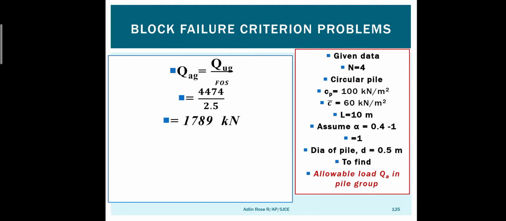So the step-by-step procedure is, first we solve by the static formula and multiply with the number of piles. The static formula is for an individual pile, so for the individual pile we find it and multiply by the total number of piles. We get the pile group capacity. And the second method is finding it by the block failure criterion. Then you should take the least of these two methods as the answer. So that is the block failure criterion method of finding the pile group capacity. Now, in reverse, we can solve the problem to design a pile group.